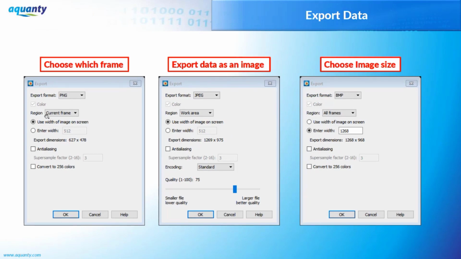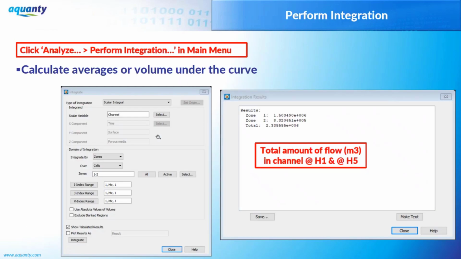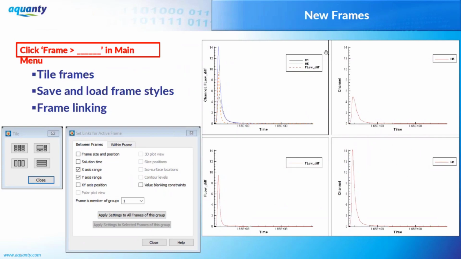And you can only export a frame, a work area, or all frames. I'm not sure what the difference between work area and all frames. For me, it seems the same, but maybe it has some differences. But let's say you go back here, you want to choose a frame. So in this case, if you look at